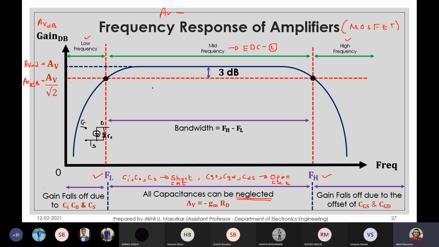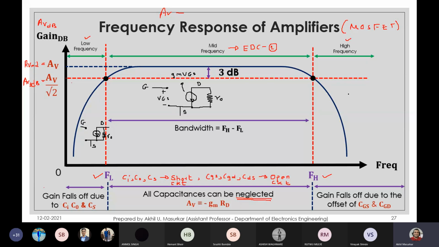When it comes to midband, the model of the MOSFET would be something similar. This is going to be the model, R0 here. This is my source, this is the gate, and this is the drain. And here we have plus minus VGS. Of course, all these are the standard notations, that is gm times VGS.